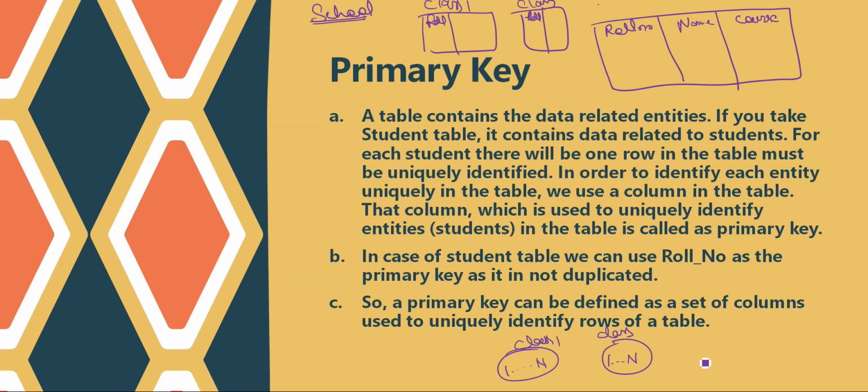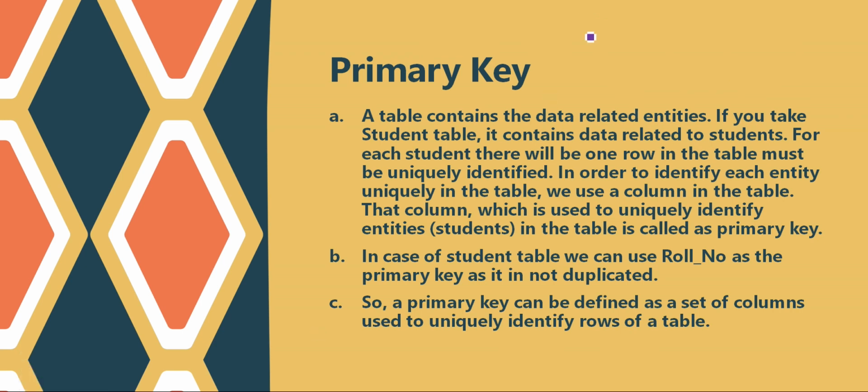So now the same situation arises: how am I going to identify each and every row as a unique student? Sometimes a single column does not help us, a single column doesn't provide uniqueness. Let's say this roll number is 1, xyz, and this is 2, xyz, in class 1. This is going to uniquely identify this xyz from this xyz.